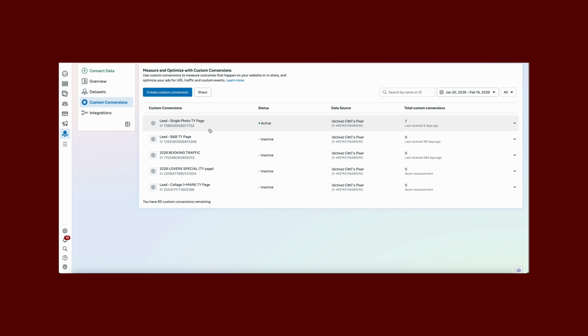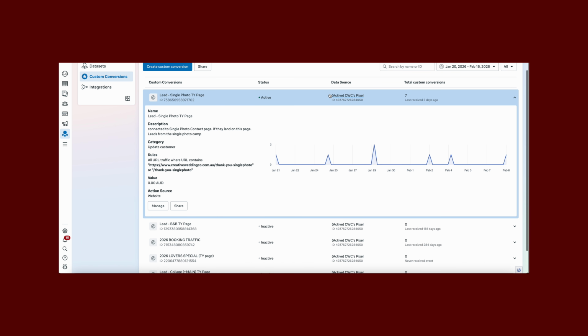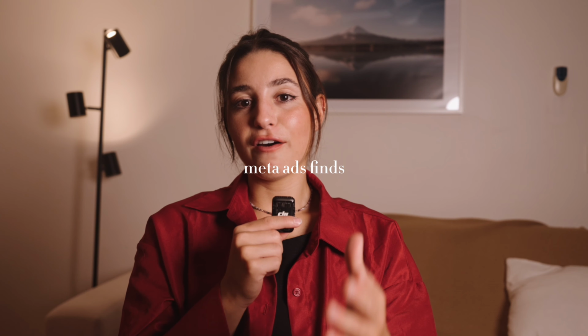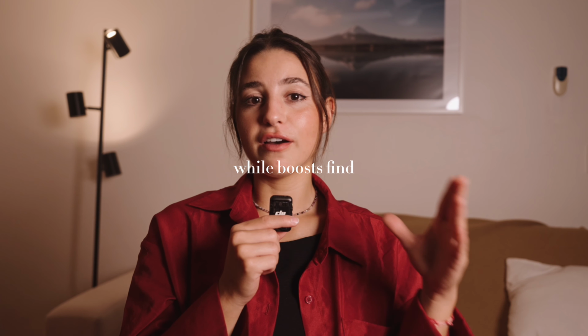This is so important because once someone clicks on your ad and lands on your website, the Facebook algorithm stops tracking their movement because it's a completely different platform. Pixel is what keeps feeding Meta that information so it can learn, adapt, and find your potential leads. Real ads use the deep pixel layer and they learn actual buyer behavior. Because remember, Meta ads find buyers, while boosts find engagement. This is literally Instagram's goal, to keep as many people as possible on the platform.